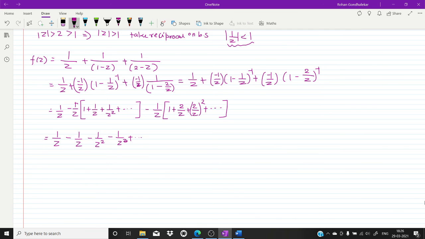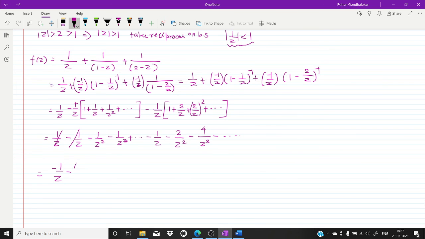Now we multiply −1/z to this. So we get −1/z − 2/z². Here I am getting z² and this z becomes z³ in the denominator, and in the numerator 2², that is 4, minus and so on. Now combine the terms. So +1/z and −1/z cancel, only this will remain. So −1/z as it is. Now here I am getting 1/z² common. Here also I am getting 1/z² common. So we have, just a minute, I am taking the minus sign common.